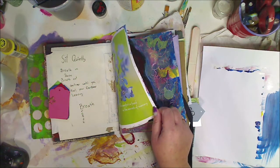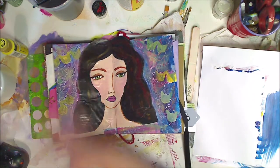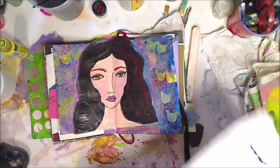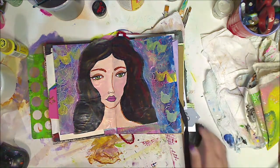Sit quietly, breathe in, pause, breathe out, continue until you feel your darkness leaving. Breathe. Oh God, I love this. That's why I wanted to do this. Like I said, I want to play in here. I just want to play. I just want to play. And late, I was following my nail, I'm sorry. Lately,